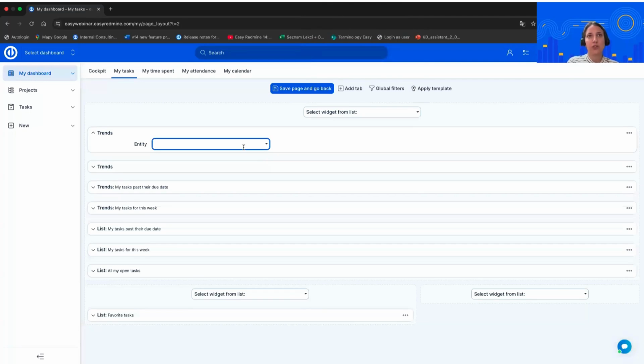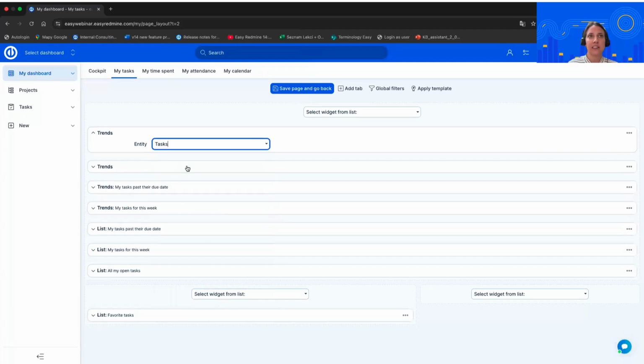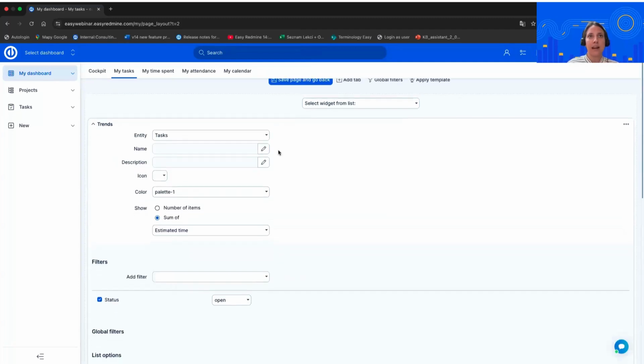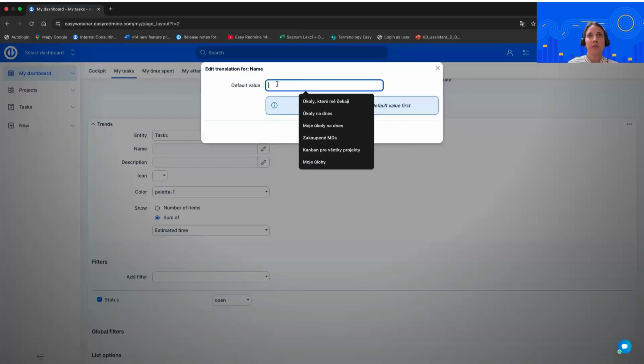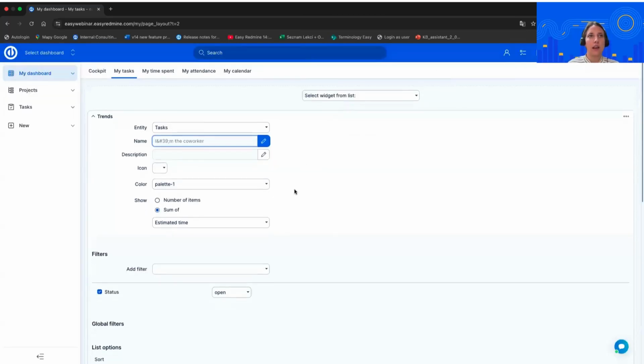Each time when you're creating a widget, you have to decide what entity it is going to be related to, and in this case it would be tasks. And now you have to name it somehow, so you could name it "I am the coworker",